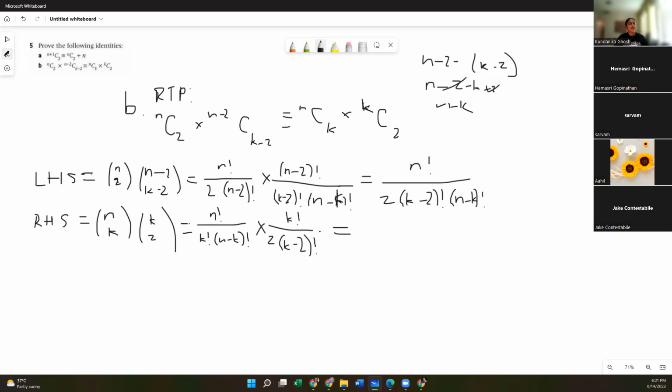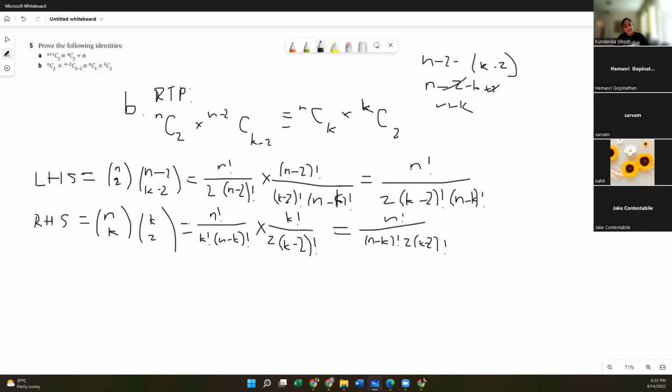Now, again, we can cancel out both k factorials from the numerator and the denominator. So what we're left with in the numerator is n factorial over n minus k factorial times 2 times k minus 2 factorial. Everyone see how we got that, or do we want to go back and rework through some of it? We're good? All right, we're going to take that as a yes.